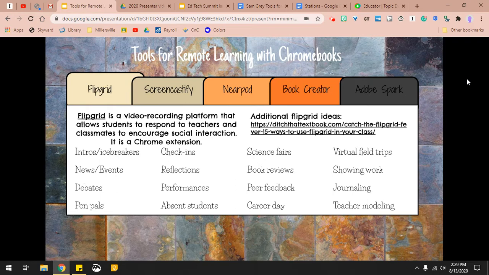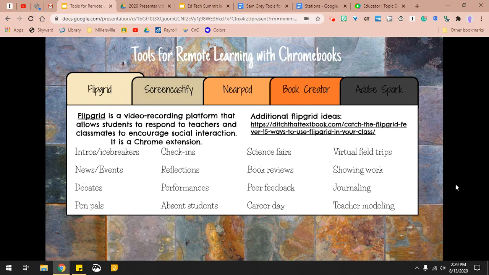So that's really nice too, because I can tell my students, I set the video for a minute, you need to fill at least 45 seconds of that, or whatever the case may be. So it's really nice to have a time on that as well. So here are some ways that you can use Flipgrid, and these work for different content areas as well as